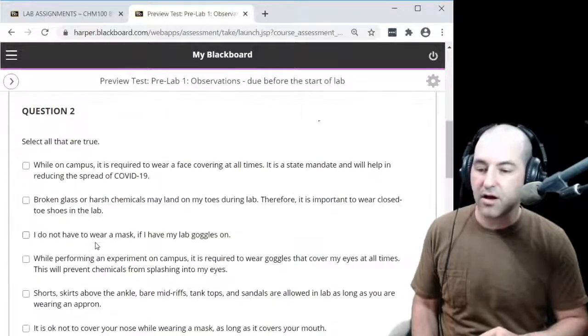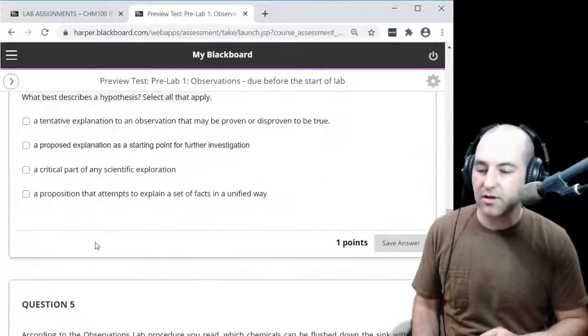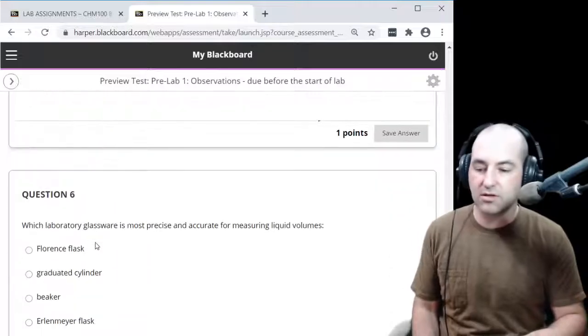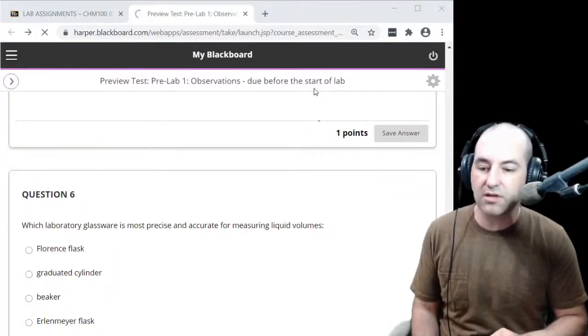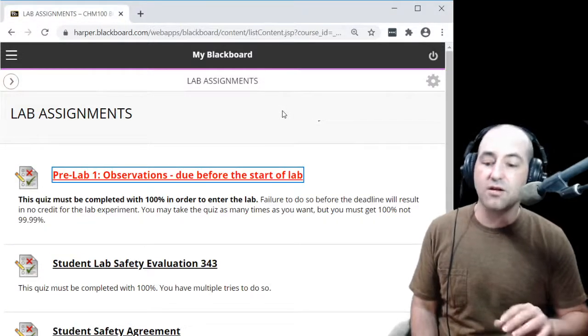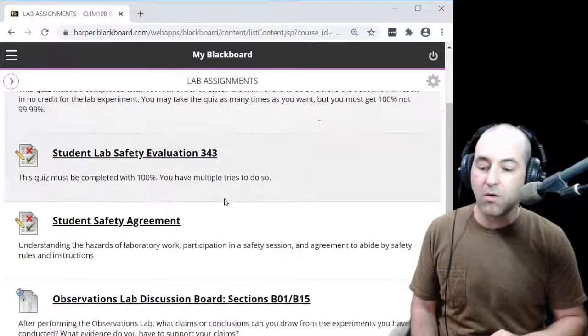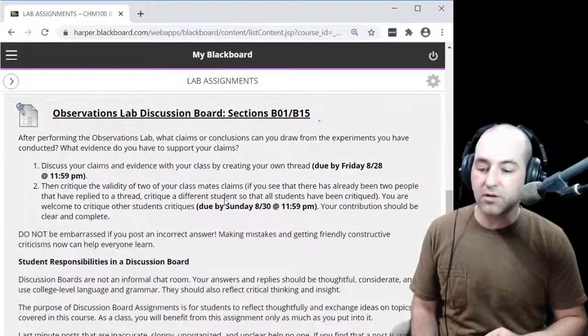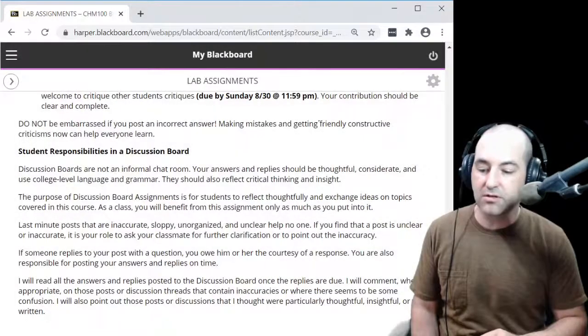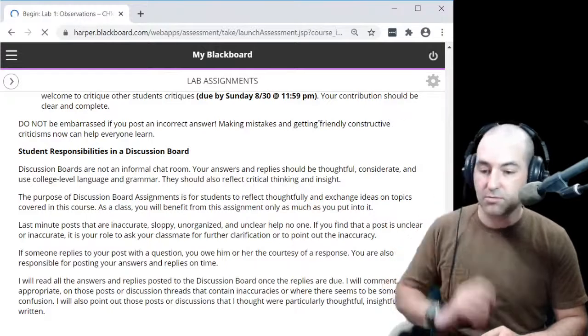Yes or no? What are some things about safety, and some of the other things that you'll see in the instructions. So the answers to all of these things, yes, I want to leave this. I'm just going to close it out. So the answers to all this are either in the safety video or in the actual observations experiment,